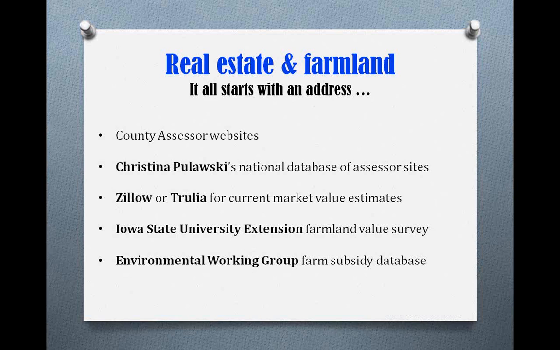So for most folks, the easiest wealth indicator to find is going to be real estate and farmland, especially here in the Midwest. So if you have an address, that is wonderful. Or if you have a name, if you have both, then you are in the money. But you've got to work with what you've got to work with. So county assessor websites, again, there'll be screen captures in a few slides, are dependent on that individual assessor. So sometimes there will be a search field for name, and sometimes there will just be a search field for address. And sometimes there's just a search field for the actual PIN number for their plot,